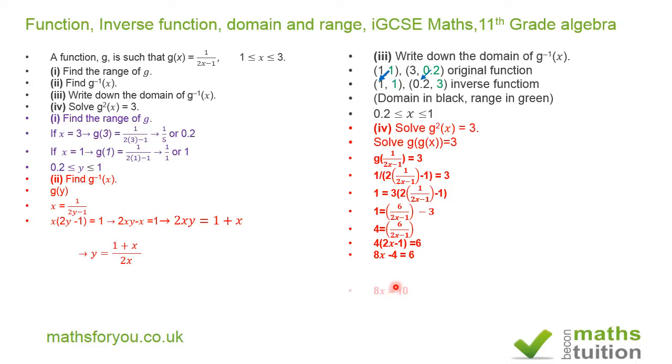Add 4 to both sides, we have 8x equal to 10. Divide both sides by 8, we have x is equal to 10 over 8, which then reduces to 5 over 4. So the value of x is